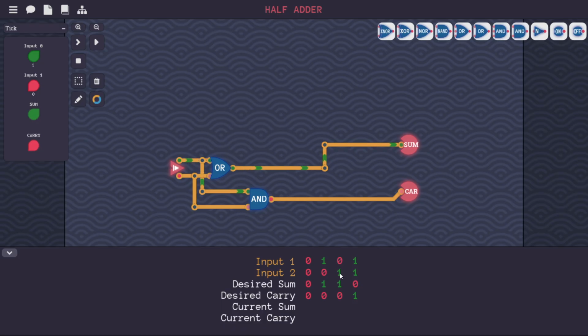And 0 and 1 gives us the same sum of 1. But having both of these on should give us a carry of 1. But I already see the issue is that we still get